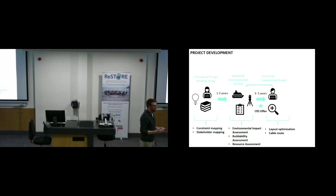So basically, if we build a wind farm in this area, what are the habitats there? How might this construction impact on those various different habitats, fisheries, etc.? So that all goes into this phase of the project here. Once you have your environmental impact assessment completed, you typically get what we call a CFD offer, so a contract